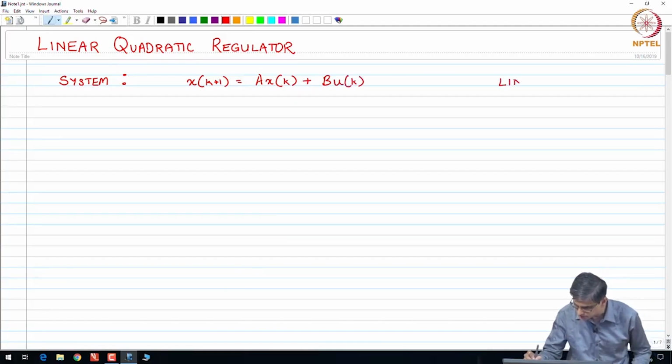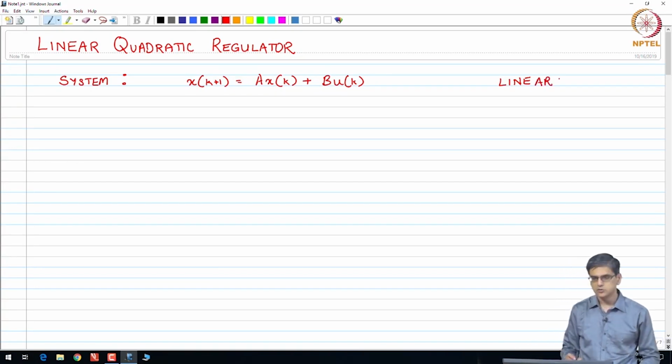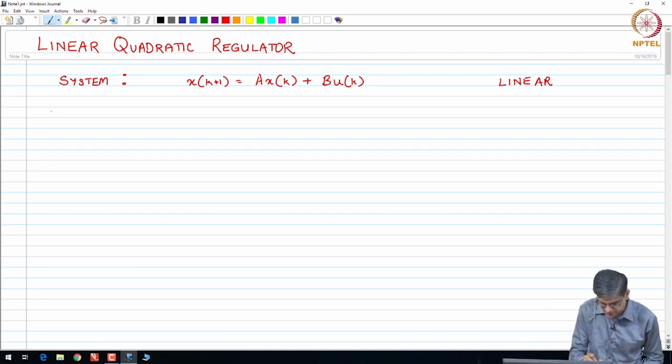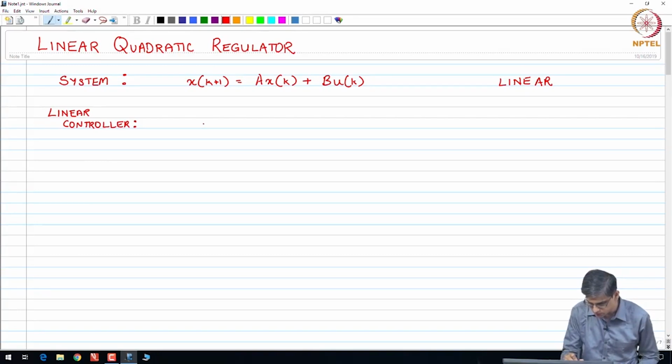This is a linear system, okay, and we have a linear controller, which is